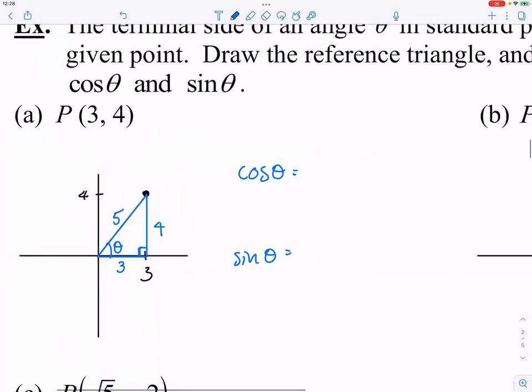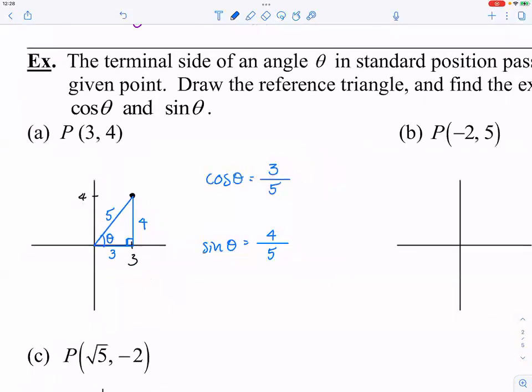All right. So cosine theta, in this case, is 3 over 5, adjacent over hypotenuse. Sine theta is going to be 4 over 5, because it is opposite over hypotenuse. So if you are given the length of some sides, using the Pythagorean theorem you can always find out